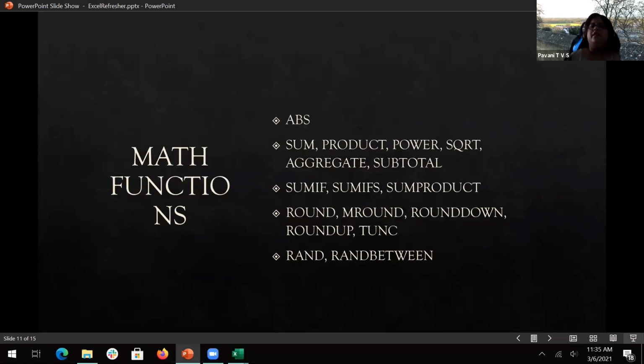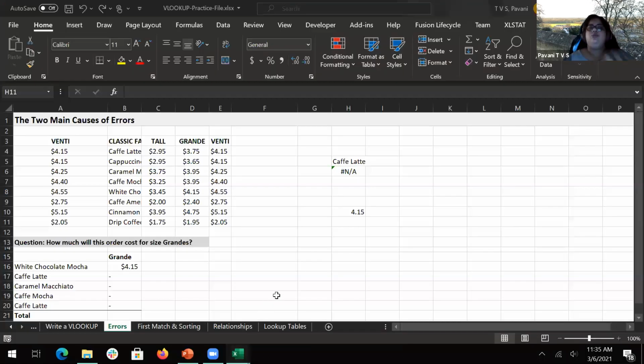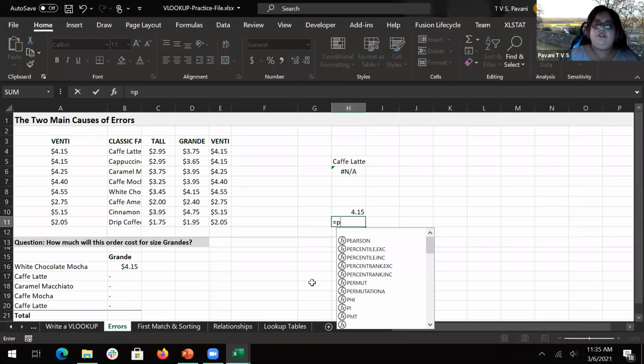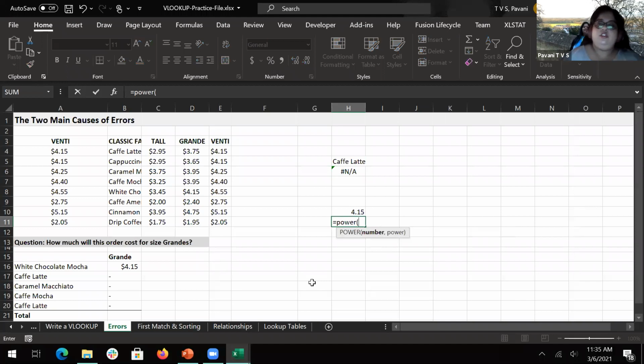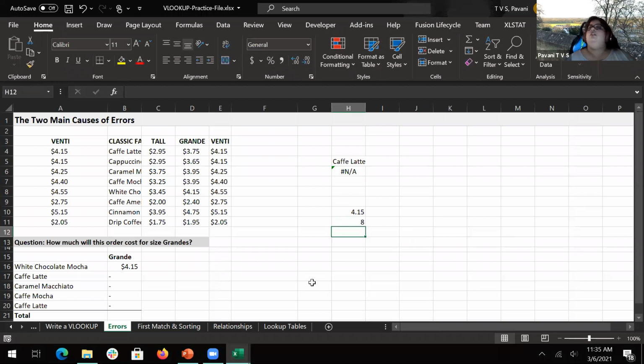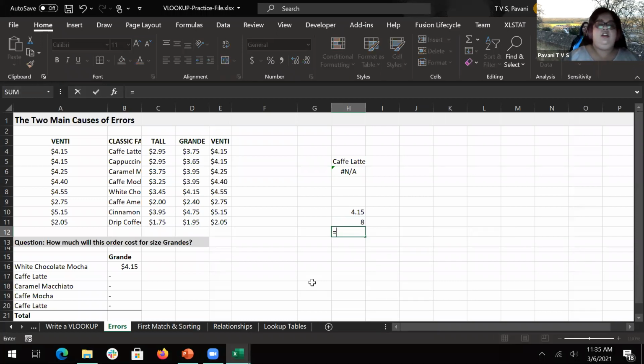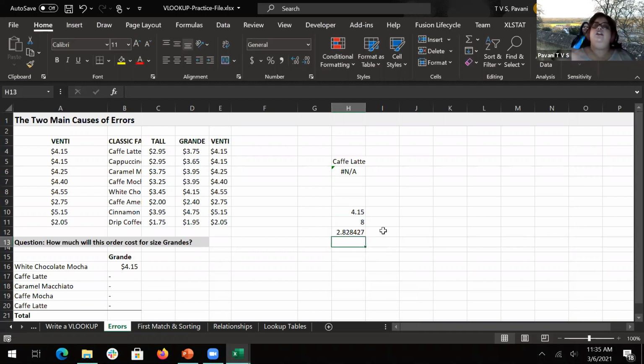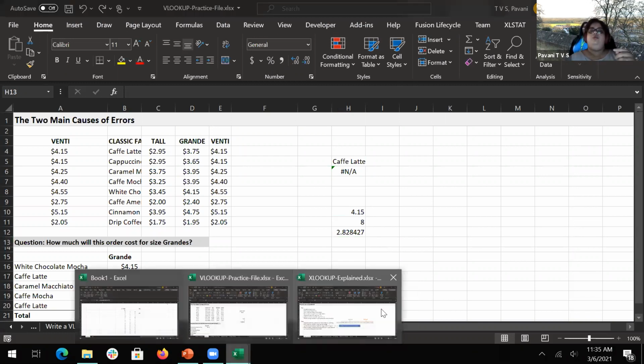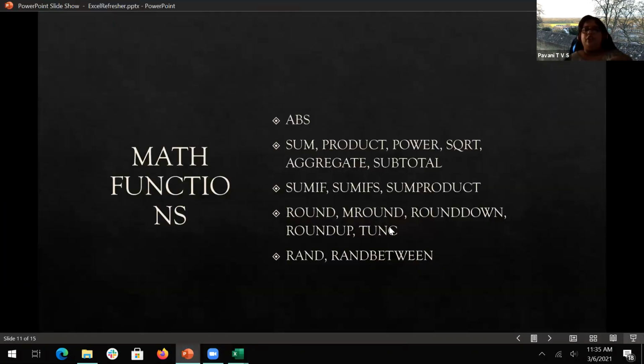POWER is again raised to the power: the power of number 2 and 3 would be 8, 2 cubed. Same goes with square root. If I say square root of this number, it will give me decimals because there is no perfect square root for 8. So that will give me 2.82, something like that. So those are a few functions here.